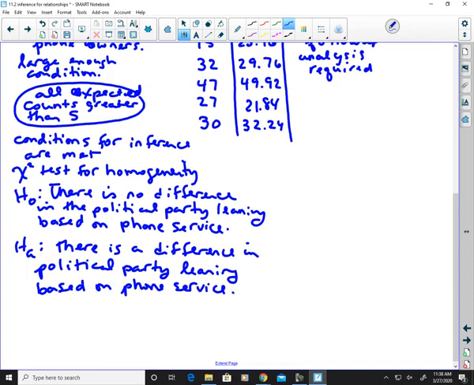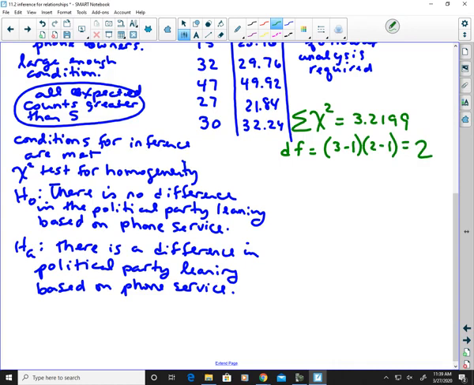Now I'm going to write the information that I got from my calculator. I got that the chi-squared, the sum of all the chi-squareds, was 3.2199. If you want to put the sum sign, you can. I saw that my degrees of freedom, and just to review why, it would have been 3 minus 1 and 2 minus 1, but the calculator will tell me my degrees of freedom, unlike goodness of fit where I have to do it. And then my p-value of a chi-squared being above a 3.2199 was basically, well, let's see,